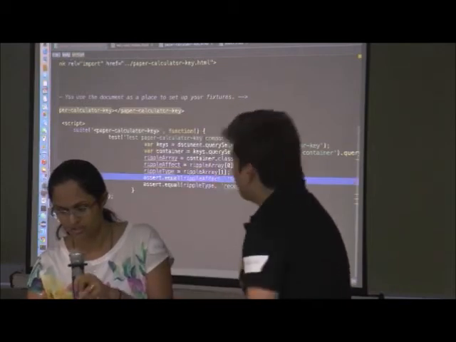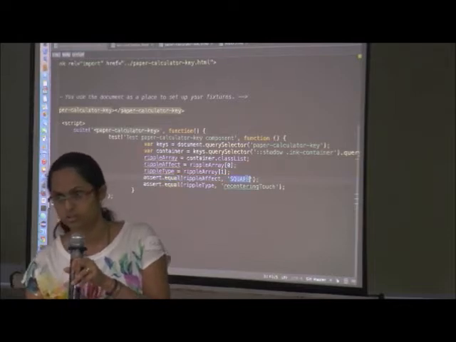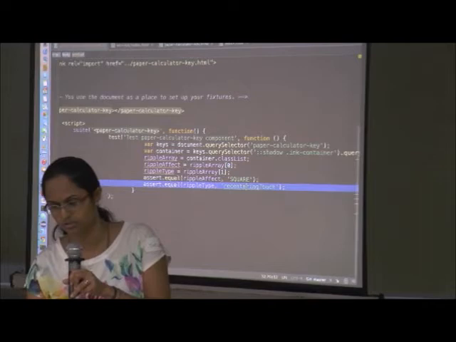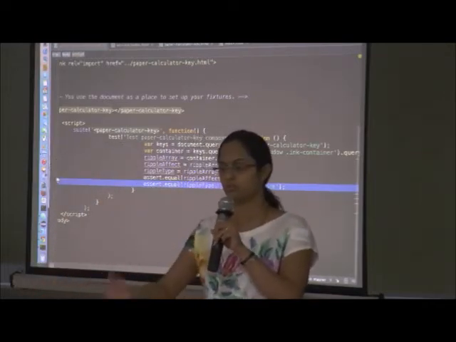Yeah, here we are actually asserting that the ripple effect is equal to a circle in this case, and what the ripple type is. So it's pretty easy to write a unit test.